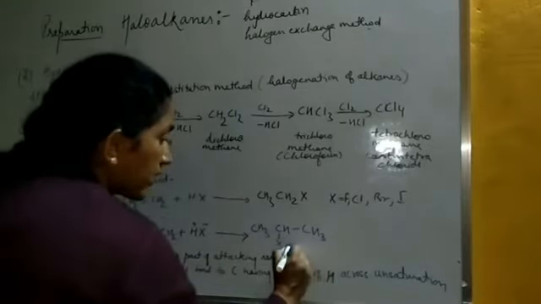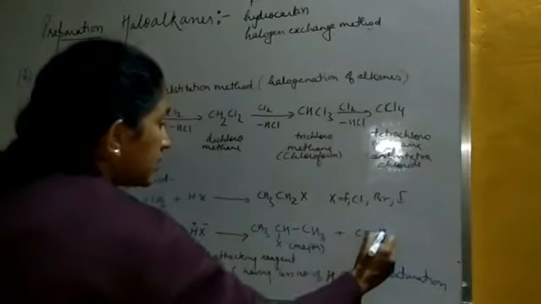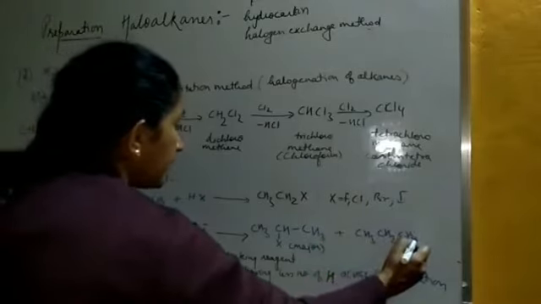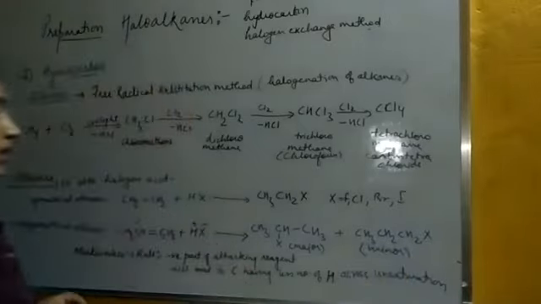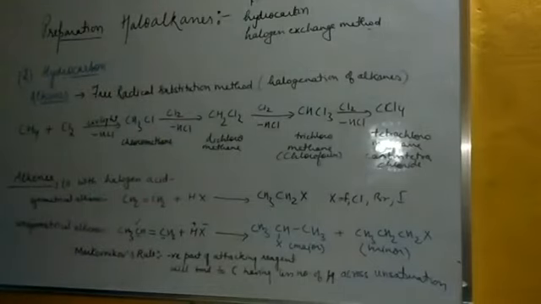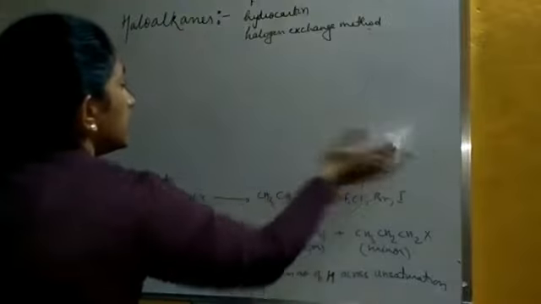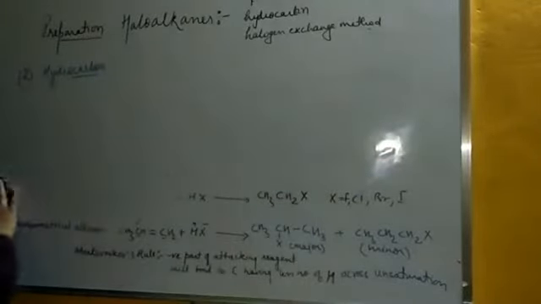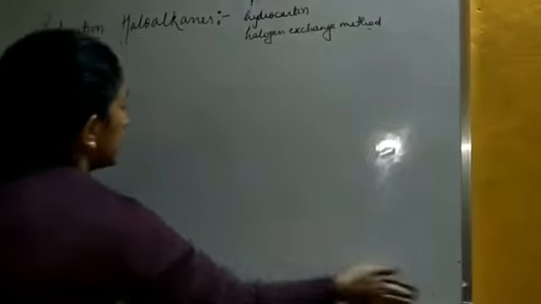So we will get, students, two products. This is going to be the major product, right, and the minor will be this one, right. So it will be in this way if it is an unsymmetrical alkene. Now the thing gets a little changed when the peroxide effect comes here. If we add a peroxide here, that means, student, the major and the minor product will be guided according to the anti-Markovnikov's rule.